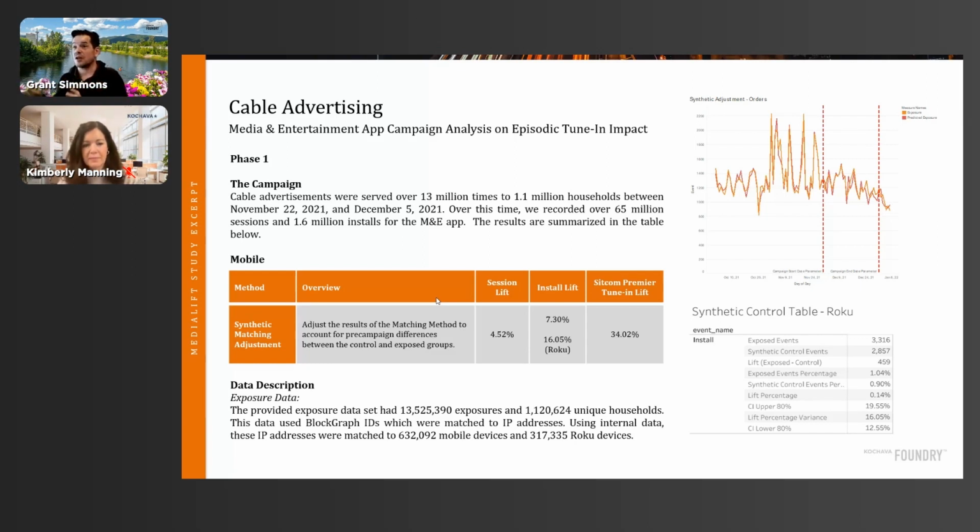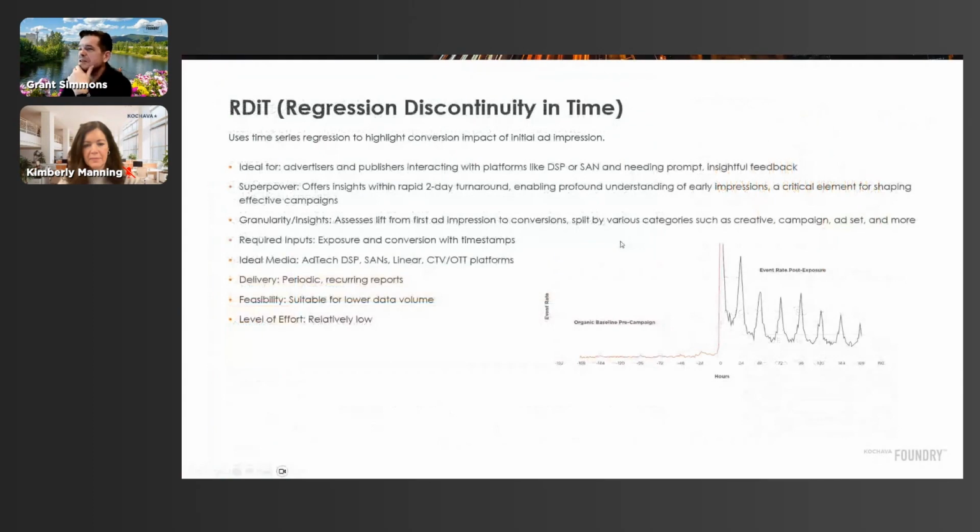And so it's strongly directional. I believe in this as a solution. Again, a little more complicated. If we look at a less complicated version, there's this notion of regression discontinuity in time, which is a very complicated way to say time series. Now, the good news is this is one that most folks can do themselves, because they have the two signals required to do it. What was the ad serve time, and what is my conversion timestamp?